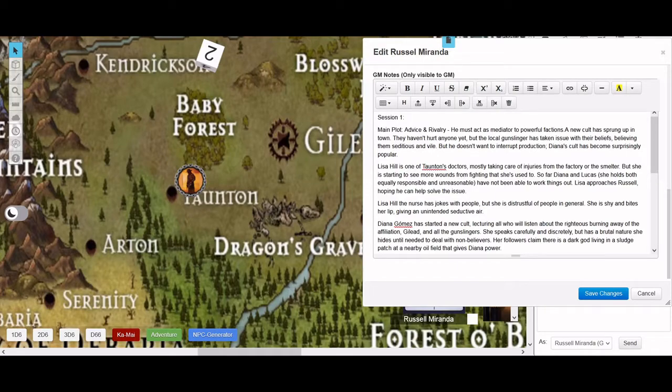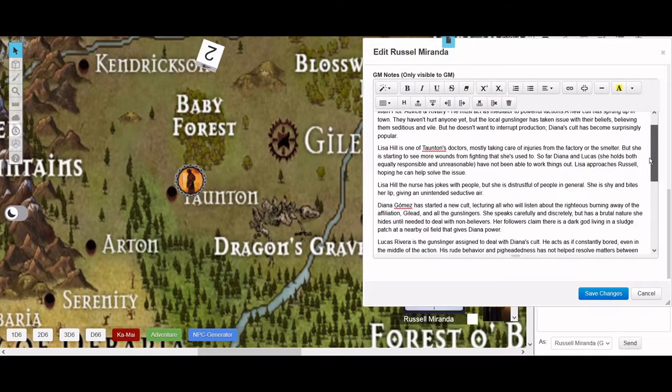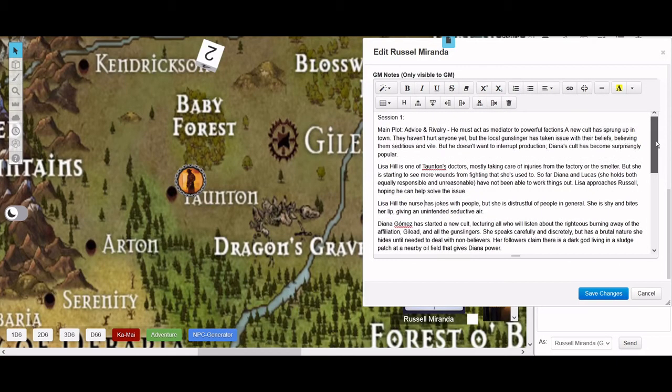The local gunslinger, a man by the name of Lucas Rivera, does not trust the cult and is trying to get it disbanded, discredited, but he also cannot interrupt the important production of Taunton. And for some reason, Diana's cult is very popular. And so that is the basic idea for the main plot.